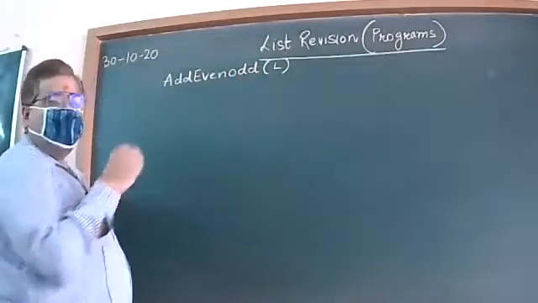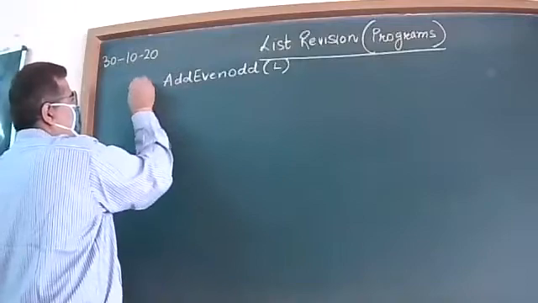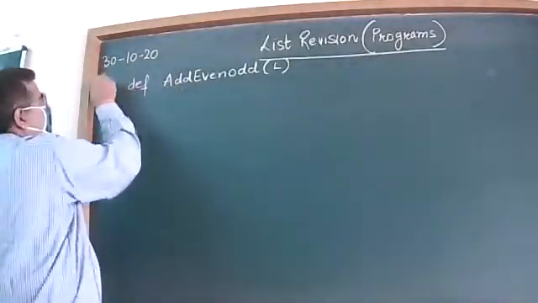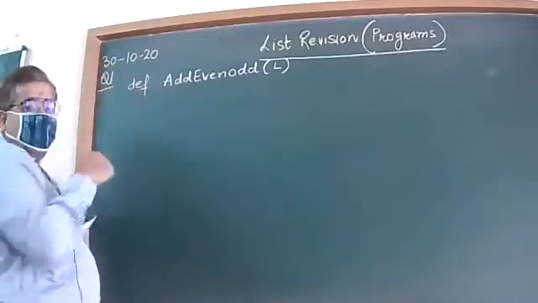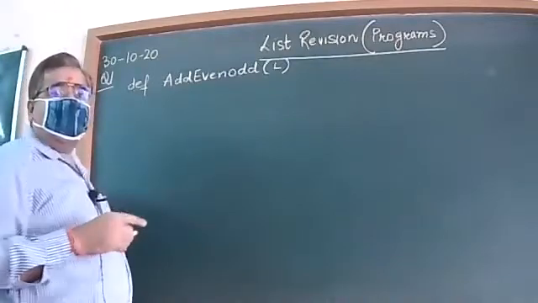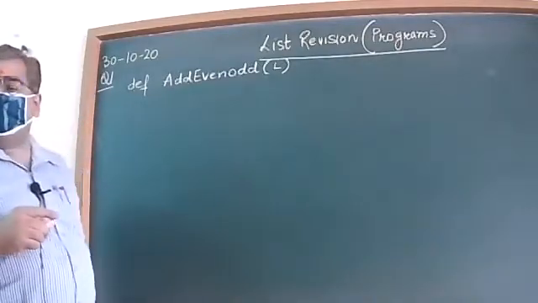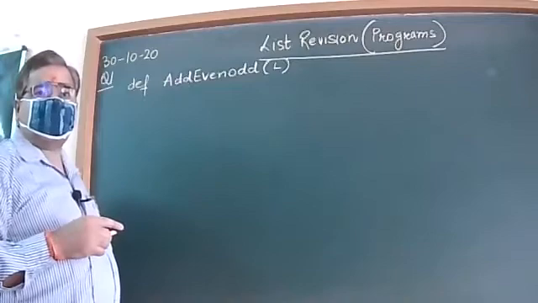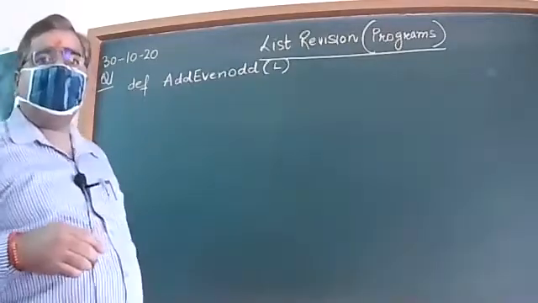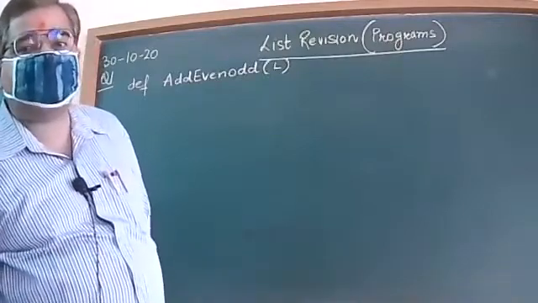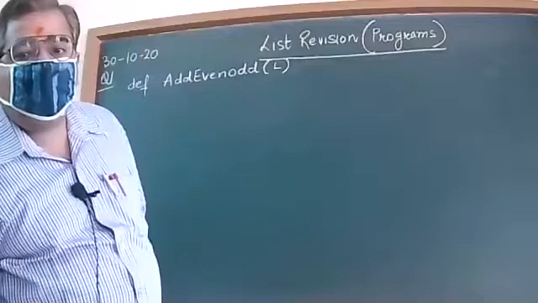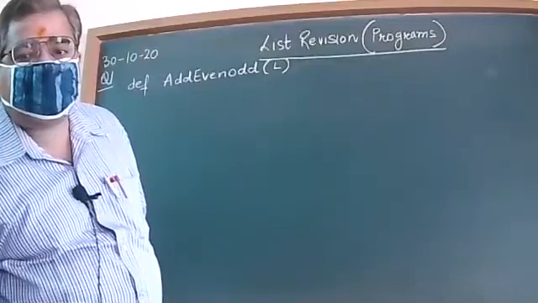parameter. You are to create the function with the name add even odd, and it takes list as the parameter. What this function will perform, this function will compute the sum of all even and odd elements in the list separately. We have to find sum of odd and even elements separately,